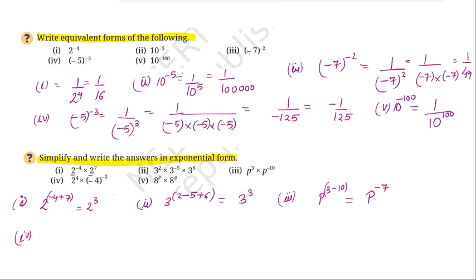Now for the fourth part, you have 2 to the power of 4 multiplied by -4 to the power of -2. Now here our other property will apply. What property? 2 to the power of 4, and -4 has power -2, so first we take it down and write -4 to the power of 2. Now this becomes 2 to the power of 4 and -4 has power 2, so -4 into -4 is 16, we write that. Now again I will convert this. 2 to the power of 4 is again 16.